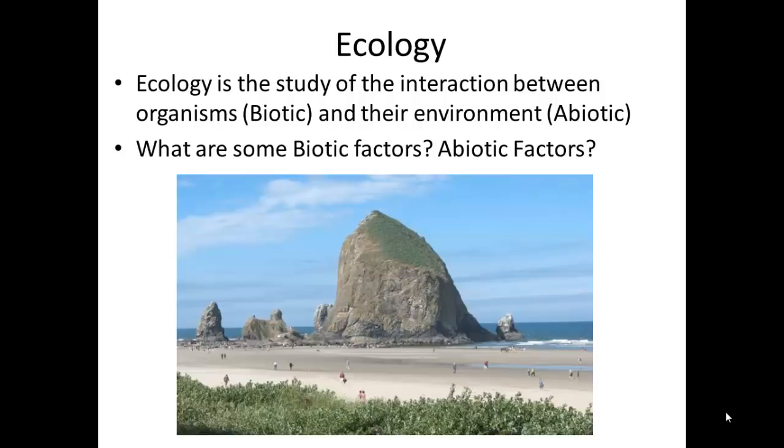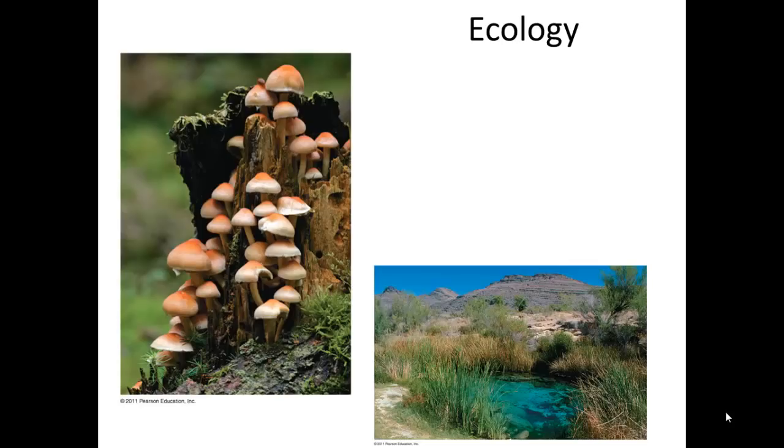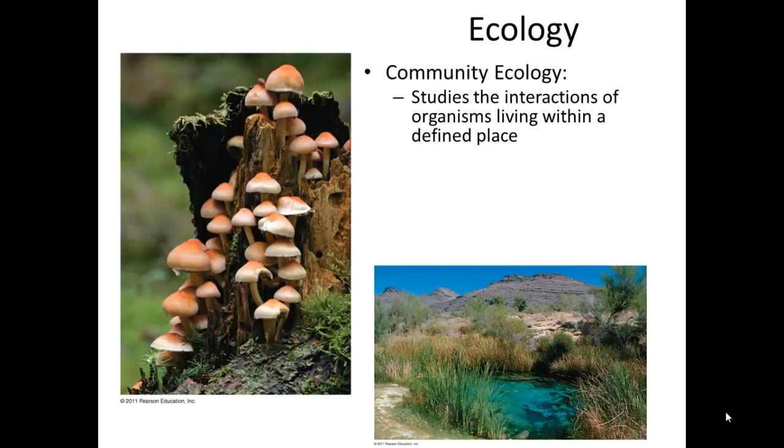Okay, so we mentioned some of those biotic and abiotic factors. Now, there are different branches within ecology. Again, we're going to study community ecology, which is the interaction of organisms within a defined place. So not just one species or one population, but populations and their interactions between them. So here we have mushroom interacting with a dead decaying tree. You can see some lichens and some mosses and some other things in this area. This is a community of species interacting. Here we have another pool in the desert. There are algae and grasses and shrubs and other things all growing within the same area, so that would be